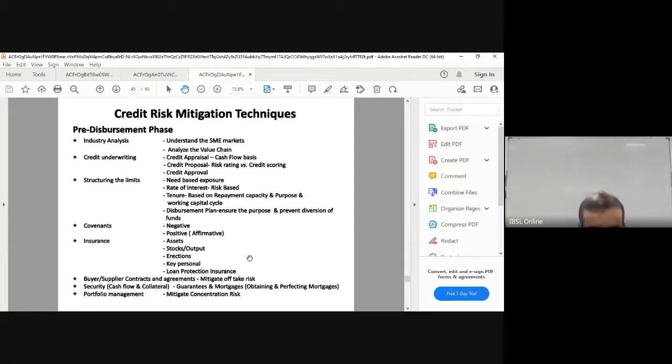The number one is industry analysis. That means before the client, we should look at the industry. Like during the past 1.5 years, we were not concentrating on the tourism industry, because everyone knew tourism is quite risky because there was no cash flow. So there was an industry risk in it. While some of the other industries were picking up, like retail, health industry, food and beverage, and IT primarily. So before the client, you should look at what the industry is and what is the richness of the industry.